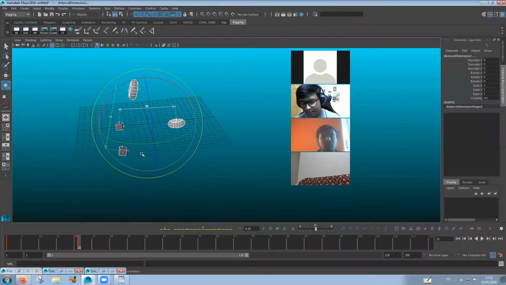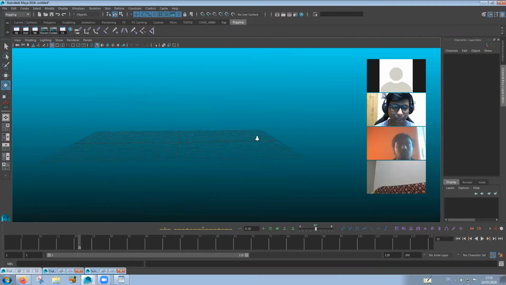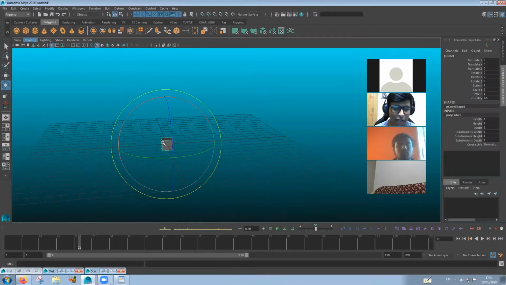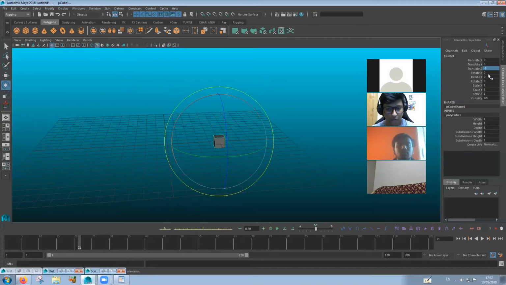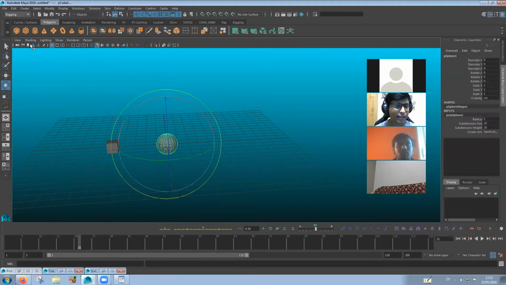Now, if the objective of rigging is to control one object with the help of another object, let me show you there are different methods to do the same. So I have a cube over here. I'm going to move it over here, and let's say I have a sphere over here.